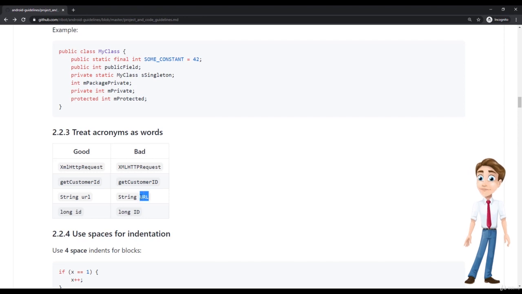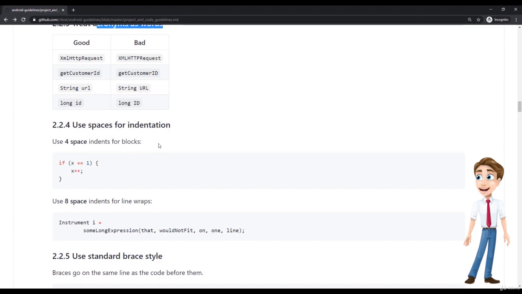If you do this, you kind of violate the whole camel case convention for the variables. You don't want to do that, right? You want to treat it as a word. For example, the customer ID, we know that this is an acronym, but in code, you shouldn't treat it as an acronym because you can end up with something like this. If I see this in my code as a variable, I'm surely going to discard it. I don't really want to see this kind of variable within my code. So a good rule of thumb is to treat acronyms as words.